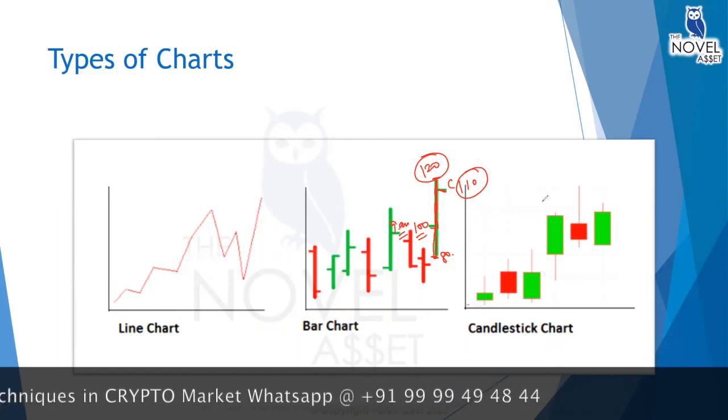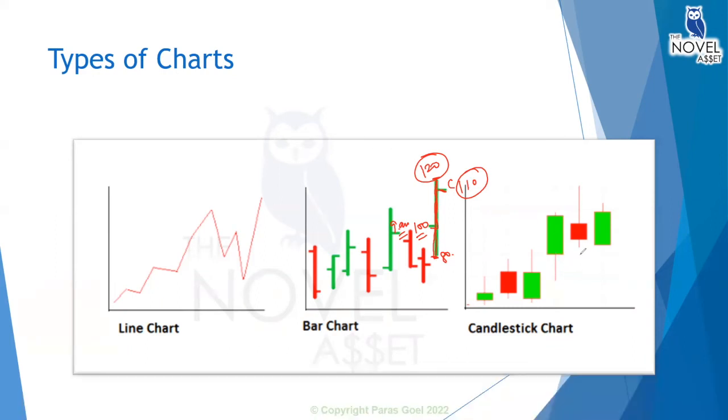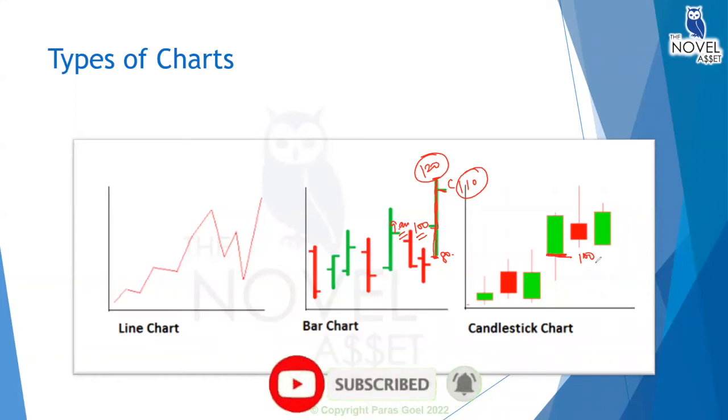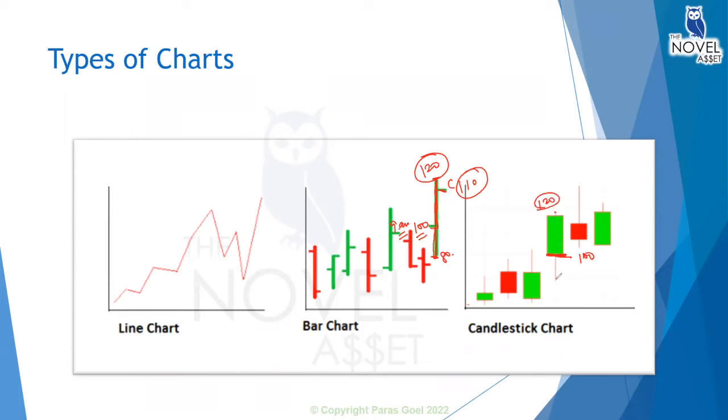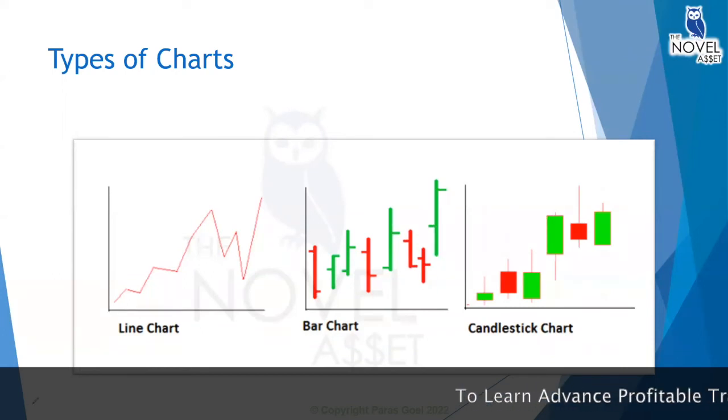So in the same example, if I'm making the candle, what will happen? Let's take this example on the green candle. My open price was what? 100 rupees. So the lower edge of the body of the green candle will show me the open price, 100 rupees. Then the price started moving upside and made a high, and this wick will show you the high of 120 rupees. And the price started decreasing and made a low of what? 80 rupees. Then the price started increasing and closed around what? 110. Understood how the candle or a bar chart is made? So let's move on to the next slide.